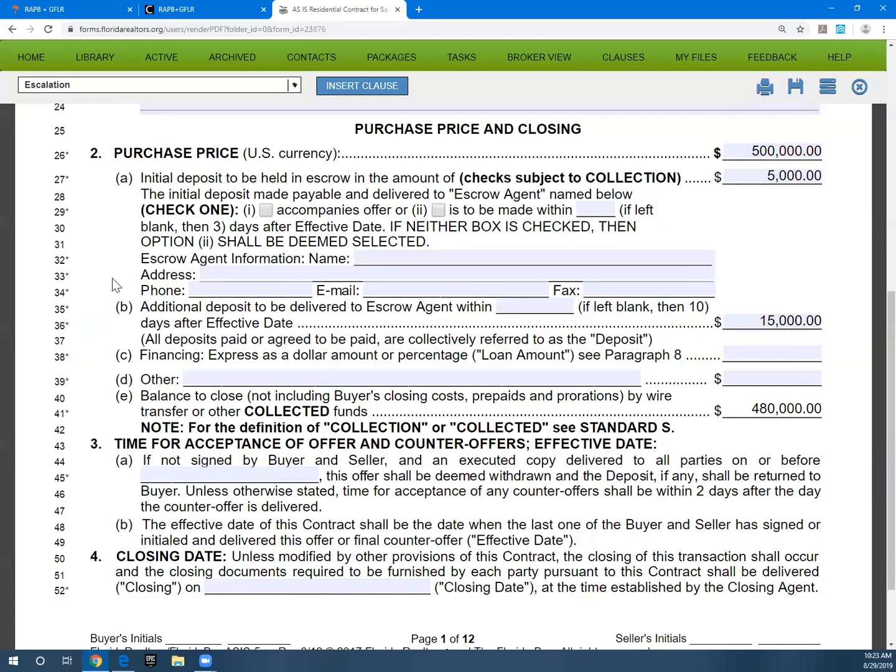Now let's go back to that first initial deposit in section 2A. It states initial deposit to be held in escrow in the amount of blank, which we put in 5,000, and that this amount will either accompany the offer or is to be made within a certain amount of time. I will never include a check with an offer unless it is a very, very highly desirable property with multiple offers. Because I want to show how serious I am, I'm going to include a copy of the check or an escrow letter inside that initial offer. Typically, you'll select this second box here,